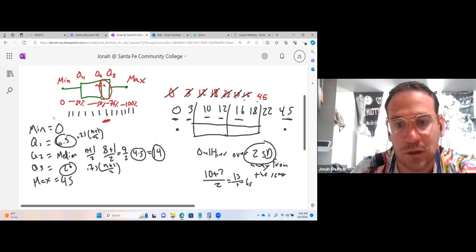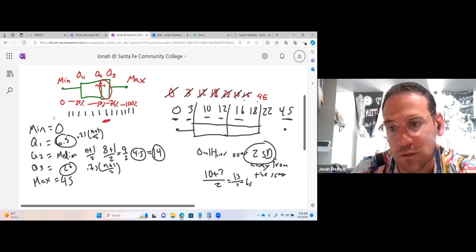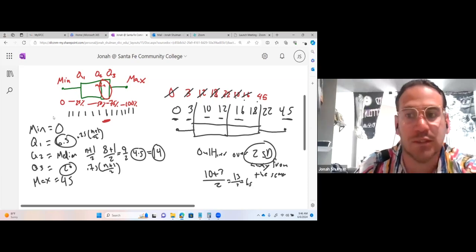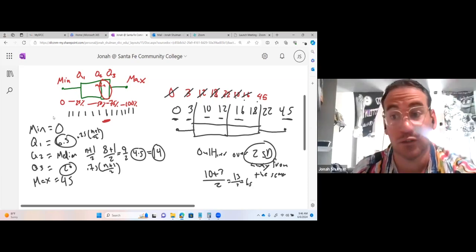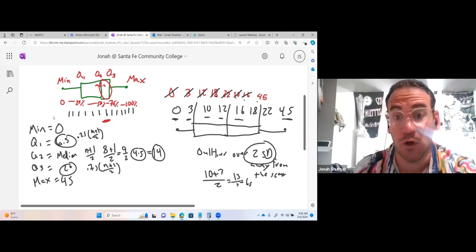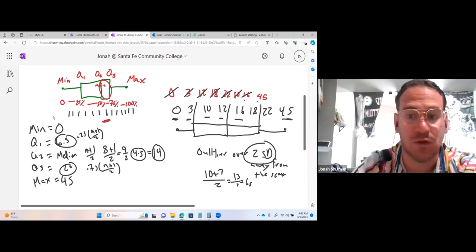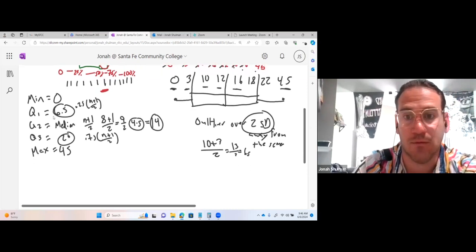But notice it's equal. It doesn't have the scale, right? So that's the most important part of a box plot. If you're going to draw it by hand, you need a scale. We're going from 0 to 45. So I think the best way to draw the scale